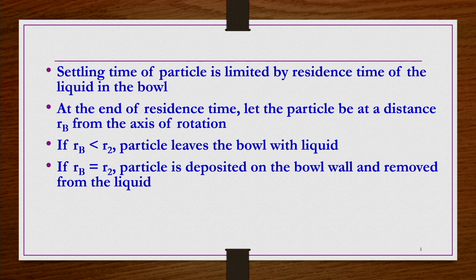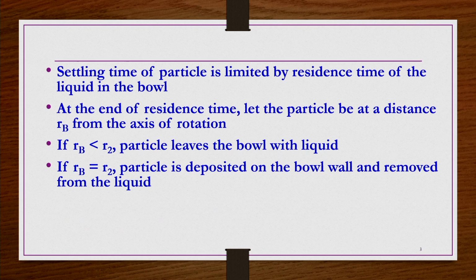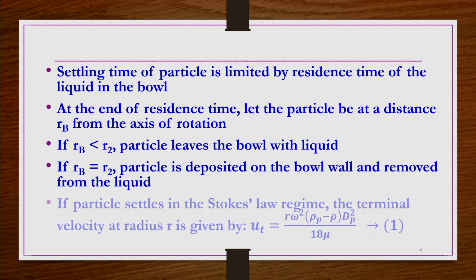This r_a and r_b are two different locations within the column of the liquid, that is, from r_1 to r_2 distance. Between r_1 and r_2 we have taken these two arbitrary positions so that we can do the calculations. We do not know what these r_a and r_b values are, and indeed we do not need them. We want to make sure the particles are within this range between r_1 and r_2, so that we can do the calculation and find the required volumetric flow rate.